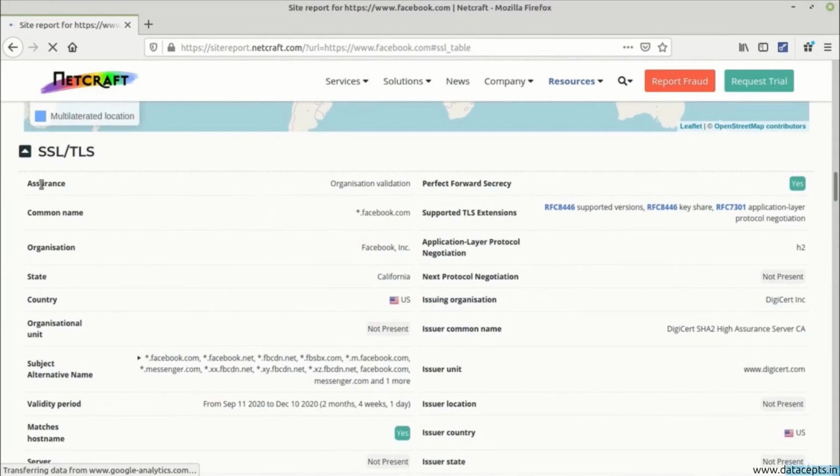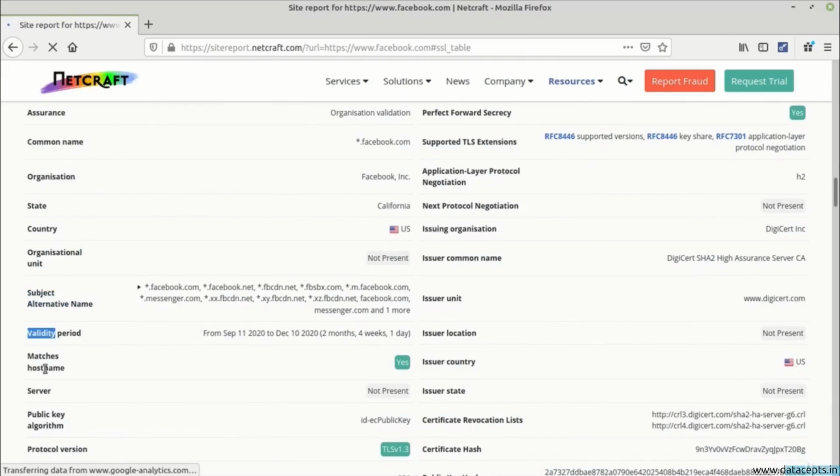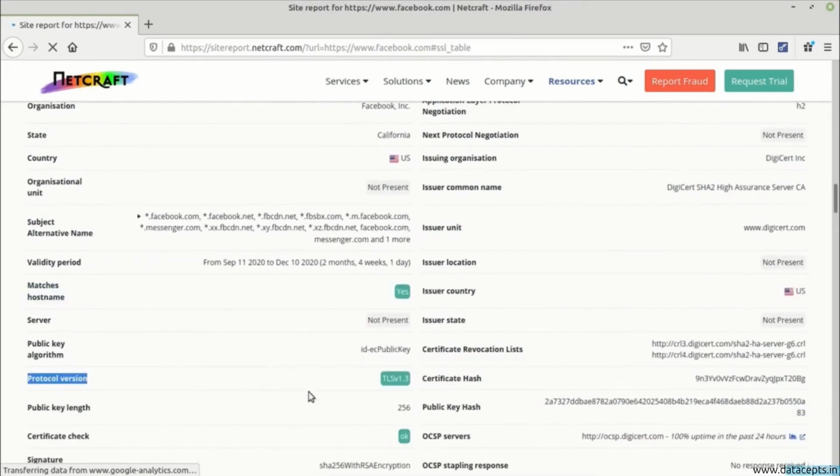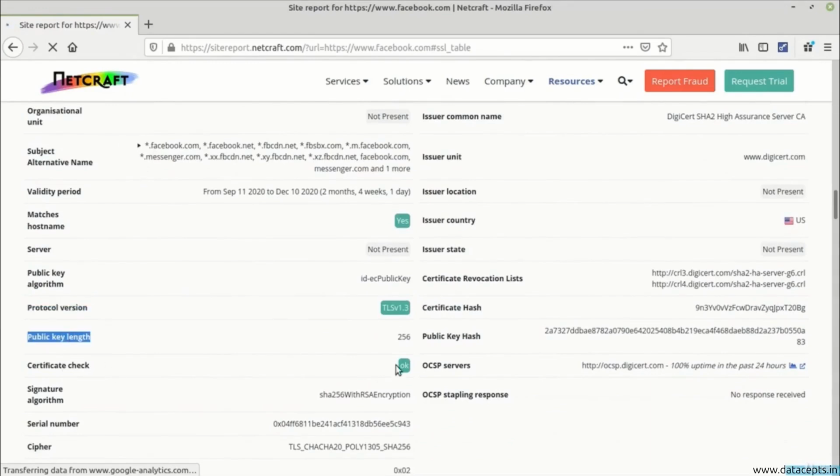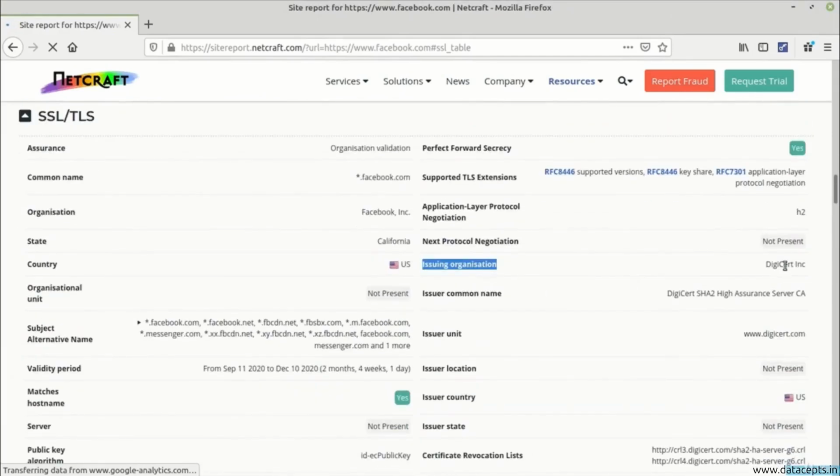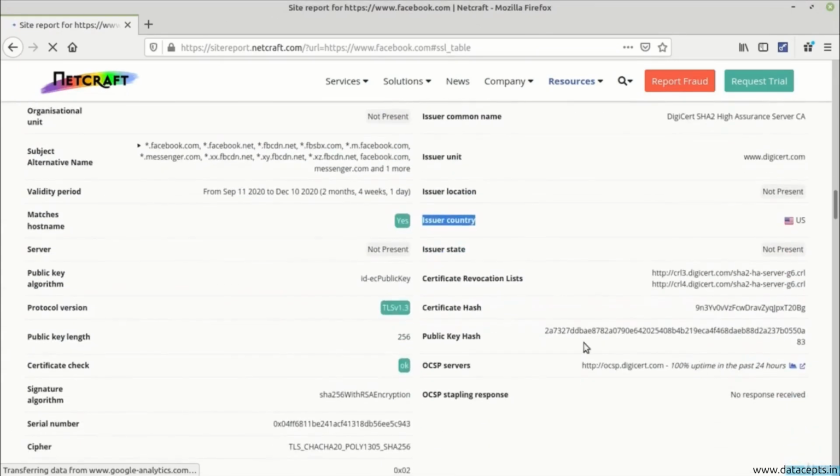The assurance is organization validation, the common name star.facebook.com, the organization, the state, the country, and the organizational unit, the subject alternative name, the validity period, the hostname match, the protocol version, the public key length, the issuing organization, the issuer common name, the issuer unit, the issuer country, the certificate hash,